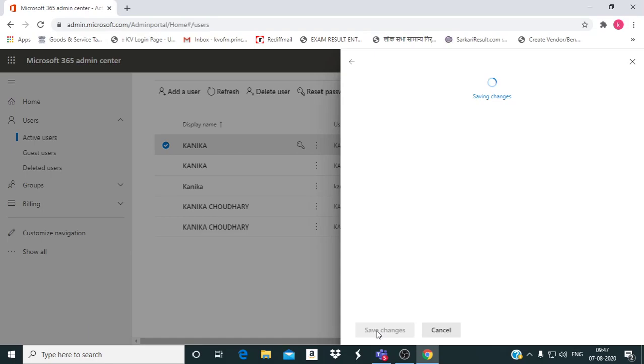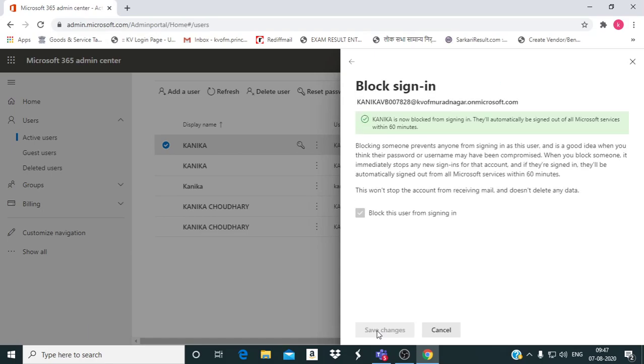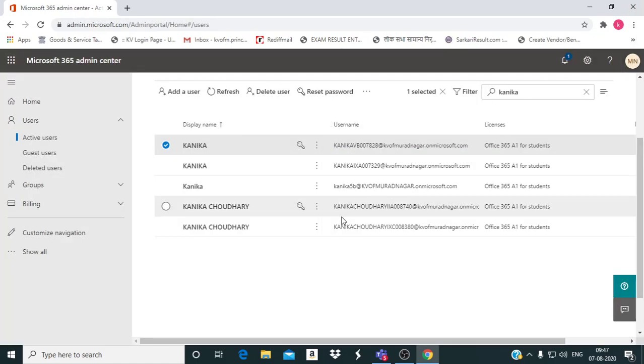Now you people being teachers have all these rights. You can add a new student, you can delete a student, and even you can change the ID of a student by editing, and delete and block from sign in. You may perform all these actions.